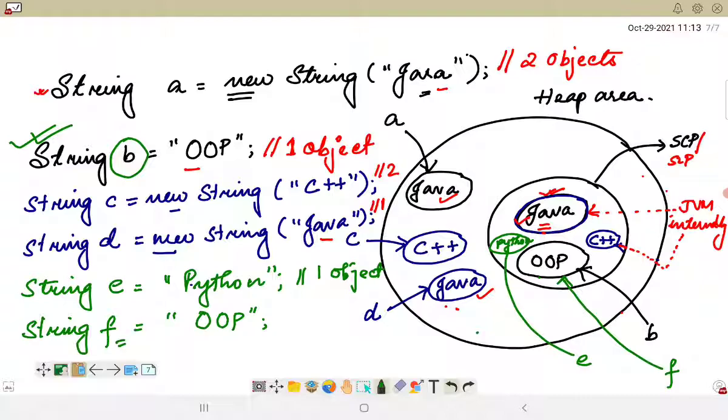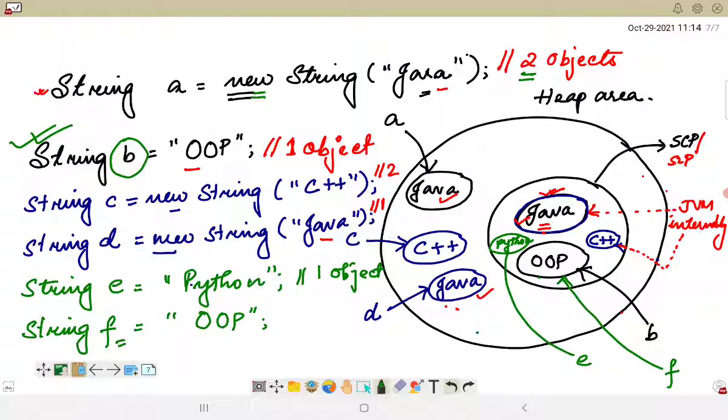So this is how the string constant pool takes care of object creation for strings. Whenever we create a string object using the new keyword, we get two different objects if the literals are different. However, if we use only a literal, that means we are not creating a new object and are just associating a literal with a string object, then that object is created inside the string constant pool. We also saw the different types of memory allocation for string objects.